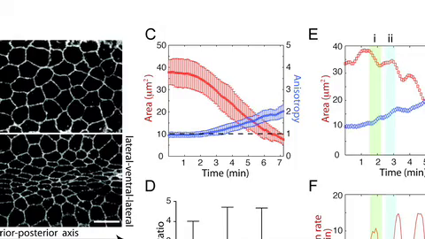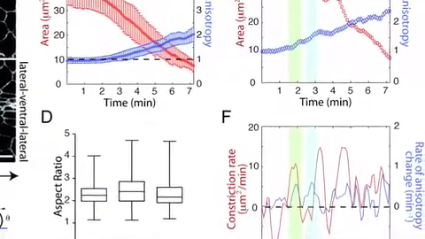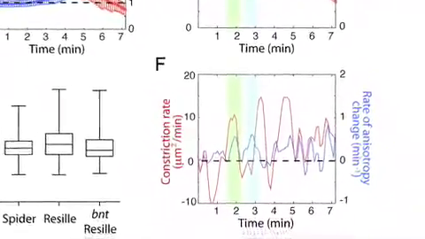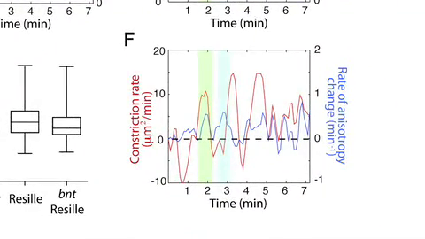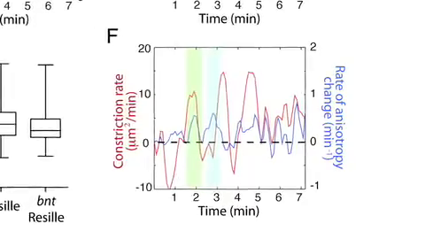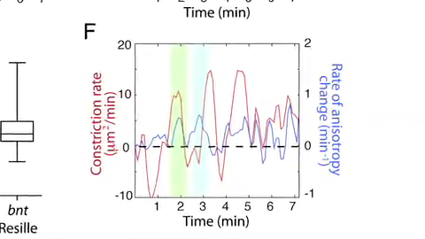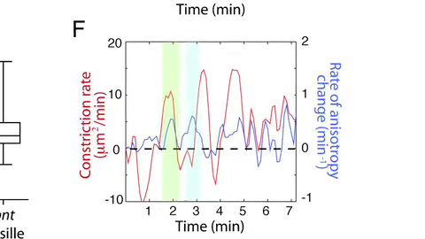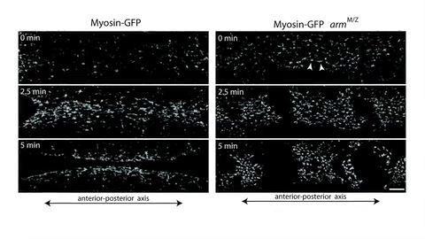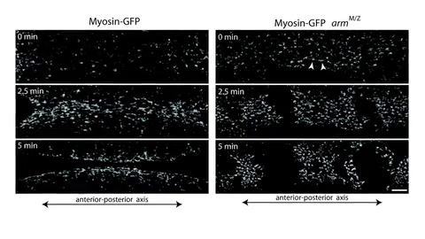If the contraction pulses are directional, you might only see the change in the anisotropy during a contraction pulse. There didn't really seem to be a significant correlation. So this argued against a model in which individual cell behaviors lead to this anisotropy, and supported the idea that the mechanics of the tissue is playing a role in determining the cell shape. Tissue forces might be integrated through adherens junctions, which Martin's previous work suggested were pulled on by the pulsed contractions